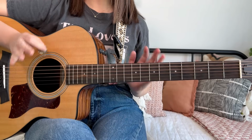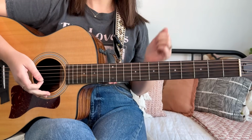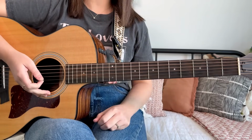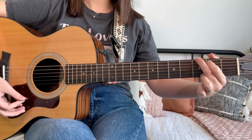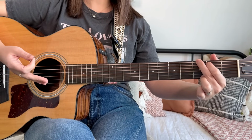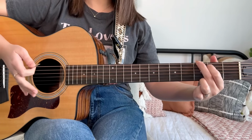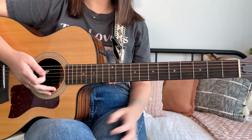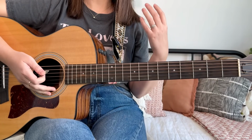So let's dive into a close-up and learn the main riff that we hear played in the intro and during the verse of the song. Now this riff is going to revolve around a G major chord. Now most people play their G like this, but for this song we're going to need to change the fingers around so that we can add in some of those embellishments